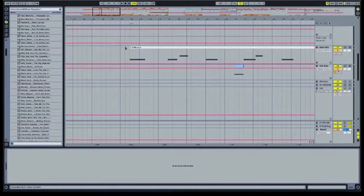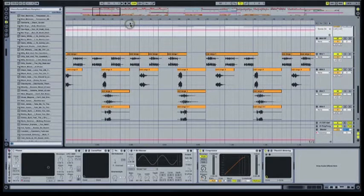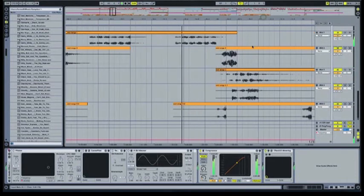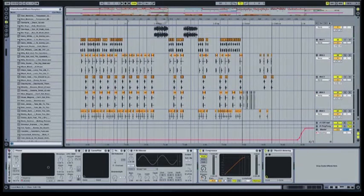But if you take something like the mid parts here, so this was I think one original stem, and we've sort of cut parts out. These parts here. So we could have put all these parts into a drum rack as well, and again that would have looked a lot neater maybe in the project. But with something like this, you really need to see where the sounds are loudest, where they're quietest, and you can really visualize how these different parts are going to interact with each other, which is something you can't do with the drum rack. So, like I say, there is no right way and no wrong way, but that's just an interesting two different ways of